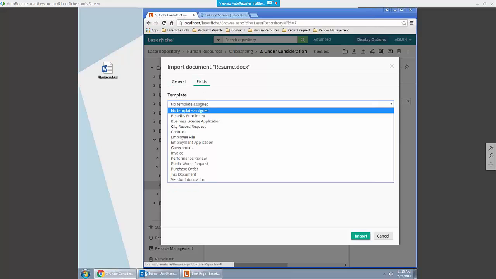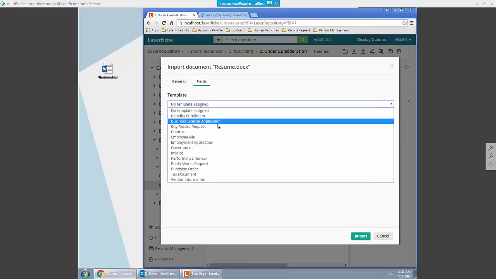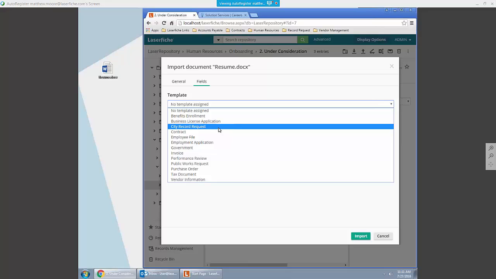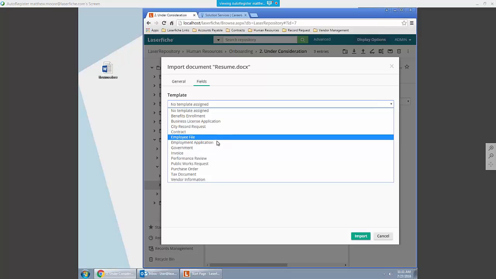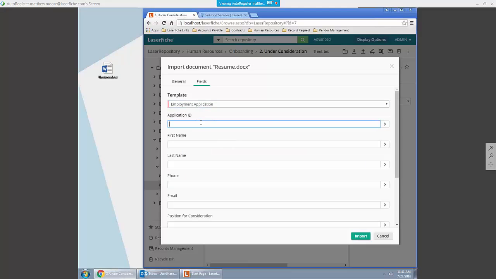As we import that document in, we can have the user assign a particular template to it so it has the proper metadata. So right here, we're going to select the employment application, and you can see that we can have required fields so that the user then must assign a value to those fields before they actually import the